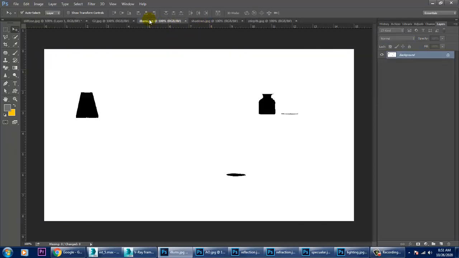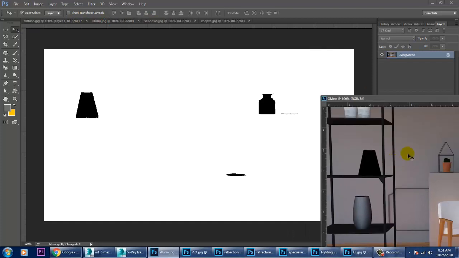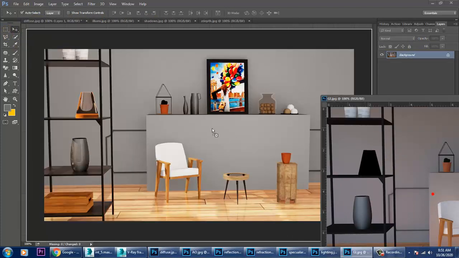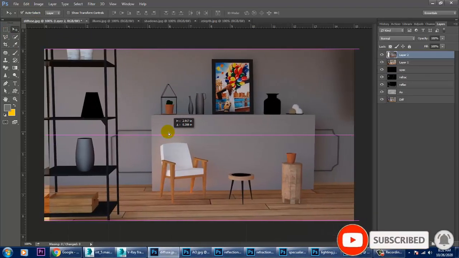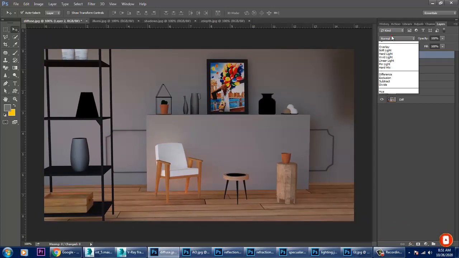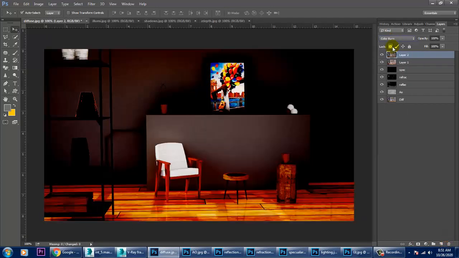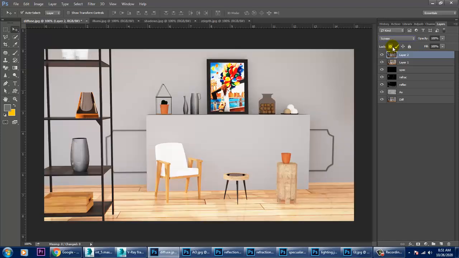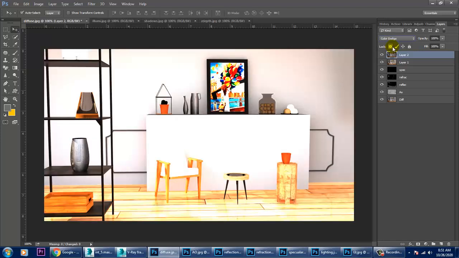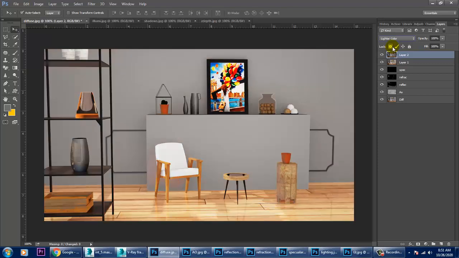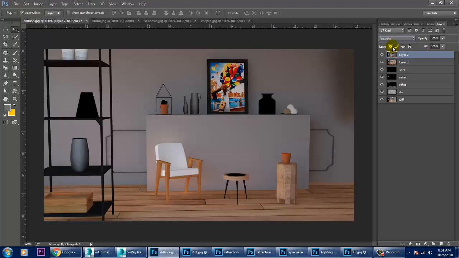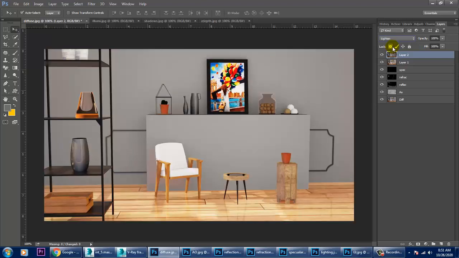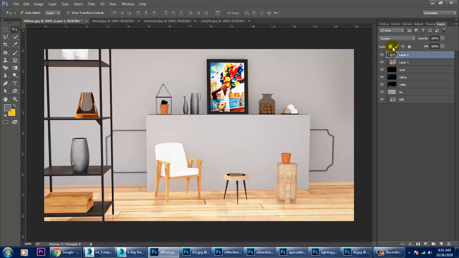After that, you have GI, global illumination. You can also use this pass. I think this looks better.